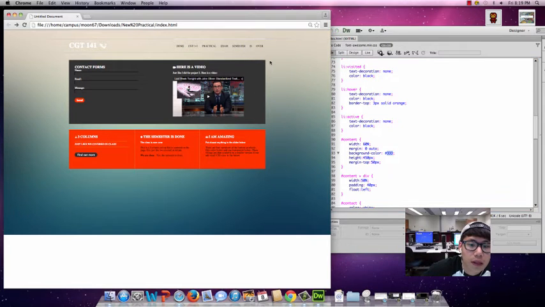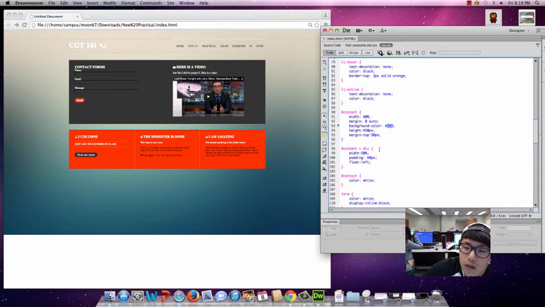And margin top 50 pixel is the gap between this border bottom and the top of the content part. And this coding will make